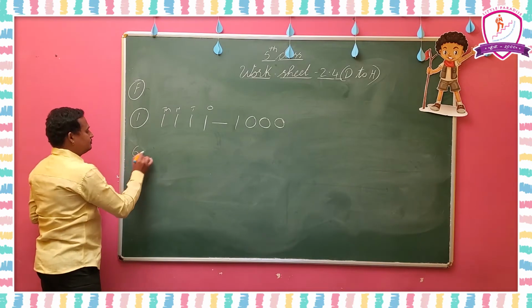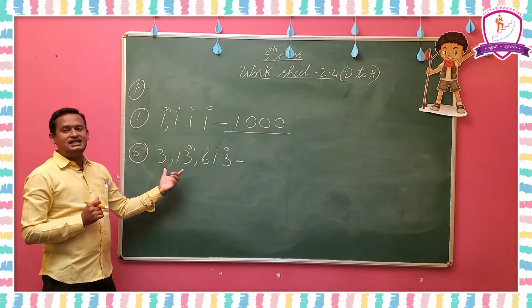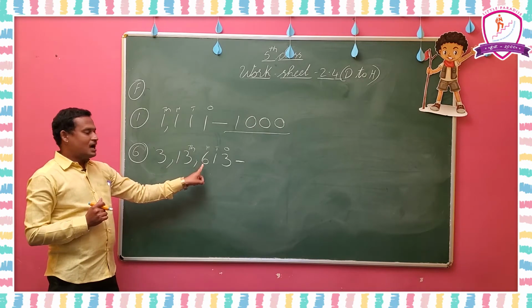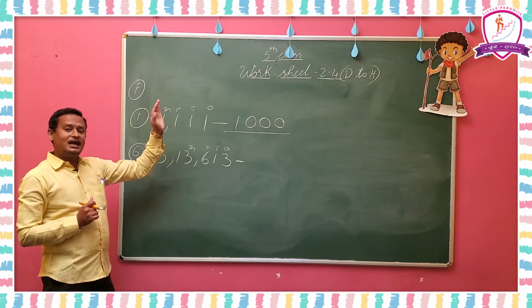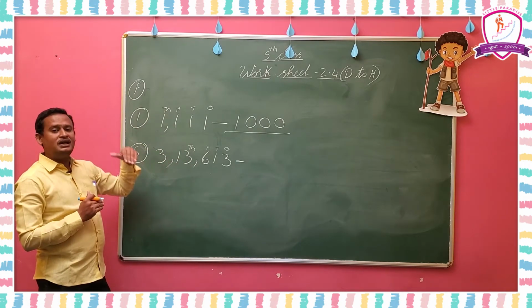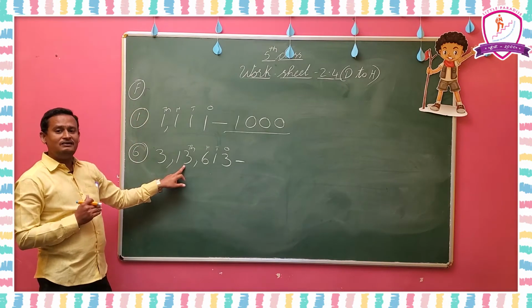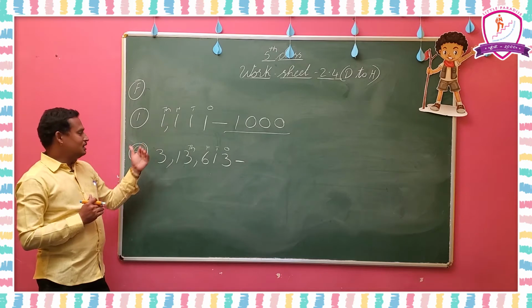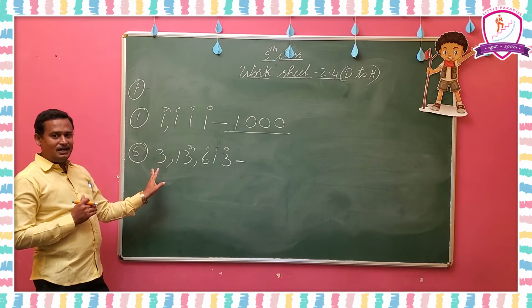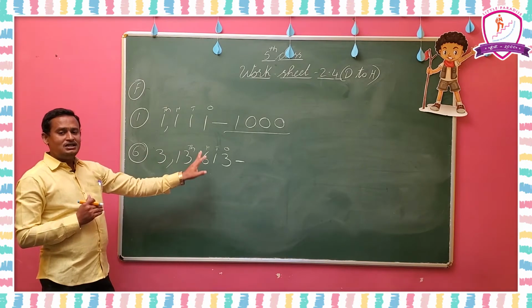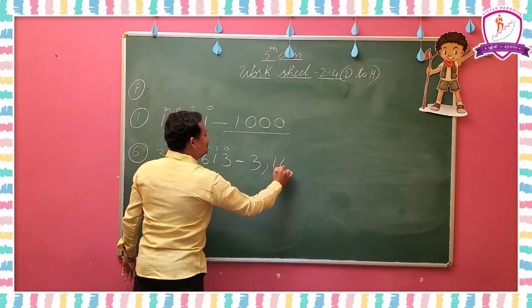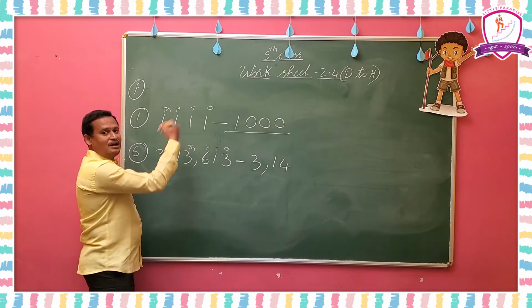Now coming to the sixth one. We are going to round to the nearest thousands. Which place do we have to observe? Hundreds place. In the hundreds place, 6 is there. 6 is greater than 5. So we have to round up. The thousands place will be rounded up. Up means 3000 will become 4000. Understood? 3000 will become 4000. The numbers before the thousands place you can write as usual, and the places after the thousands place will all become zeros. So here 3,13,000 will become 3,14,000. Here 3,000 will become 4,000. No?